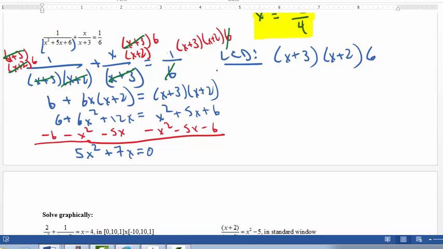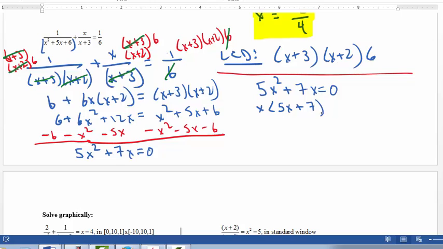And believe it or not, this causes problems because people sometimes don't know what to do with this. But what do you do with this? You factor by the GCF. The only thing they have in common is an x. Take that out, and then you're left with 5x plus 7 equals 0. And now just solve these individually. So the left one is just x equals 0, and the right one is going to equal, subtract 7, divide by 5,